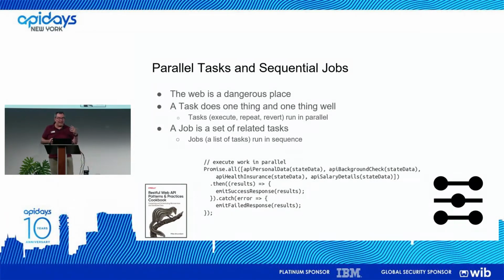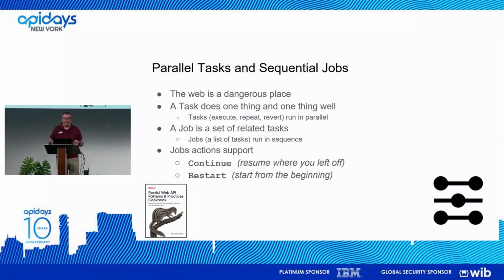So a job is actually a set of related parallel tasks. Jobs are sequential. So I might have to allow somebody to place things into a shopping cart, and then that's when I can compute the total of the shopping cart, right? So that's sequential. I have to wait until the shopping cart is full before I do that. But computing the total, adding the tax, arranging the shipping, I might be able to do all of that in parallel, simultaneously. And if there's a problem with payment, then maybe I have to back a few things out. And that's the way most of those operations run today. It's just that now we're trying to make them standardized in some way.